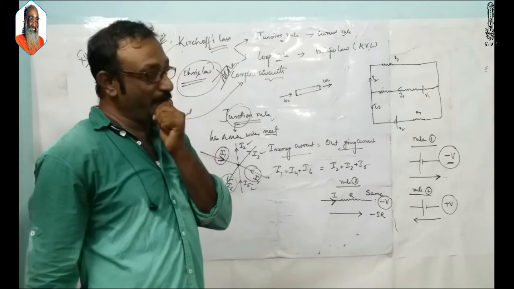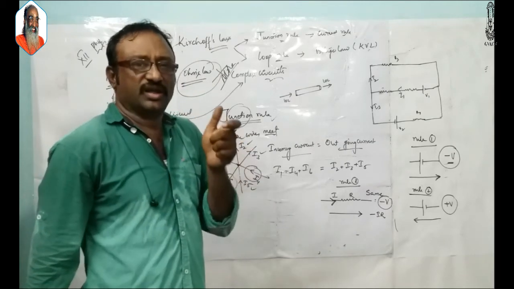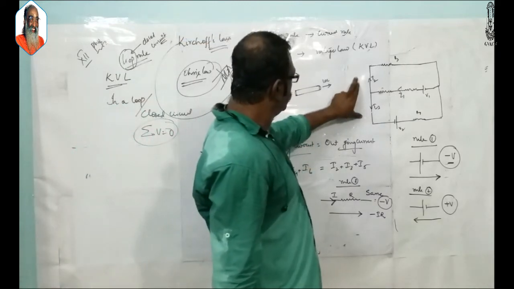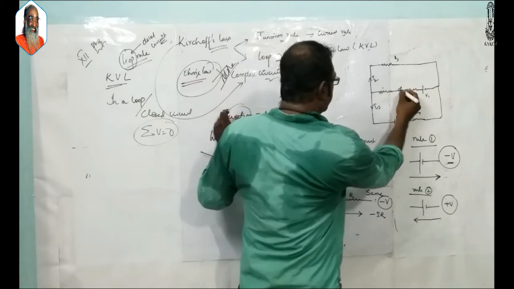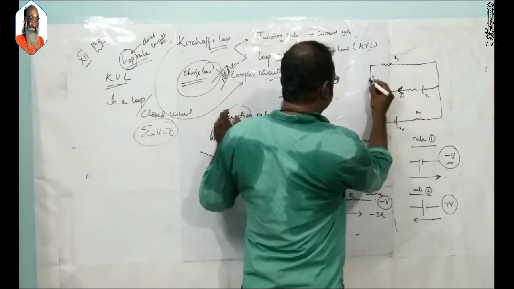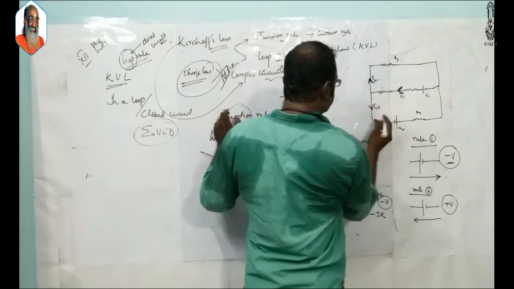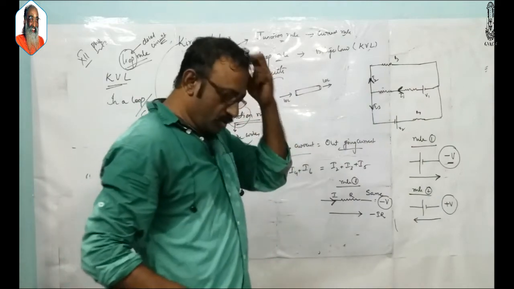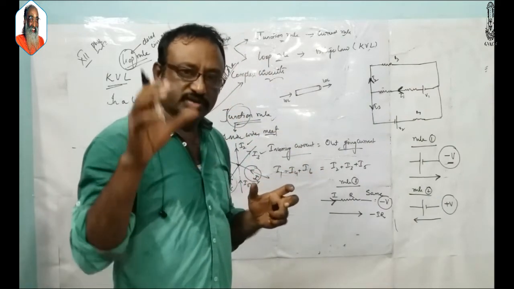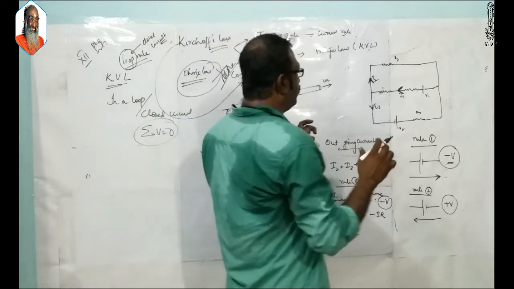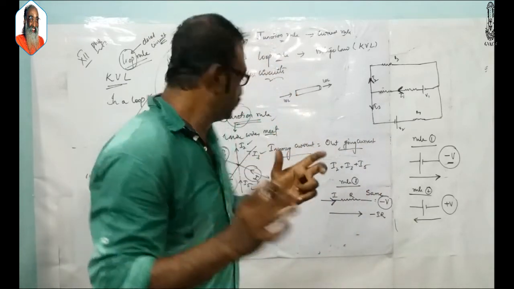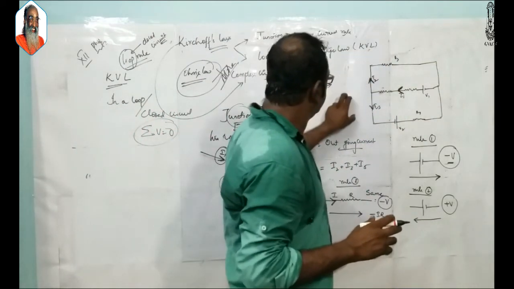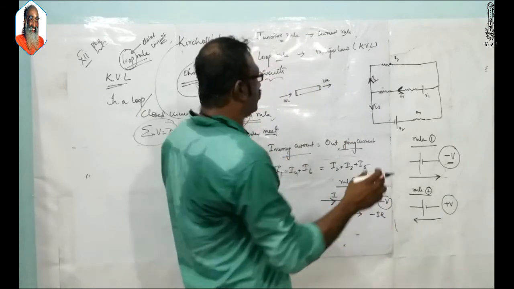Look into this diagram once. In this diagram, the arrow mark is shown like this, isn't it? That means the current is already in the circuit, the current is moving in this direction. Now, usually when you are solving a complex circuit, you will be choosing a loop. That's why we are calling it the loop rule. So this is a loop, a closed circuit. In this we have this one loop, and this another loop, and totally 3 loops are there.